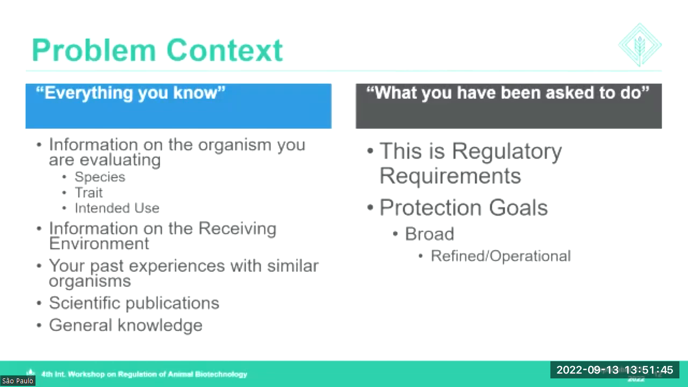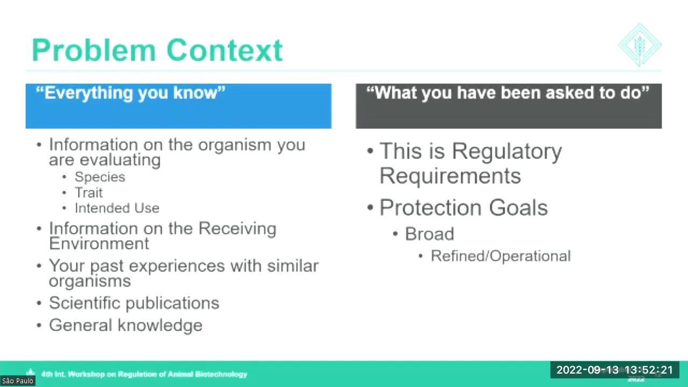So what is our regulation asking of us? And typically the most important component of this is to identify your protection goals. If we're lucky, we have very refined operational protection goals. And that would be something like looking at plant pest risk, but sometimes we're given very broad protection goals. Biodiversity, conservation and sustainable use of biodiversity. We all agree that we want to protect it, but what exactly we're trying to protect and how we accomplish